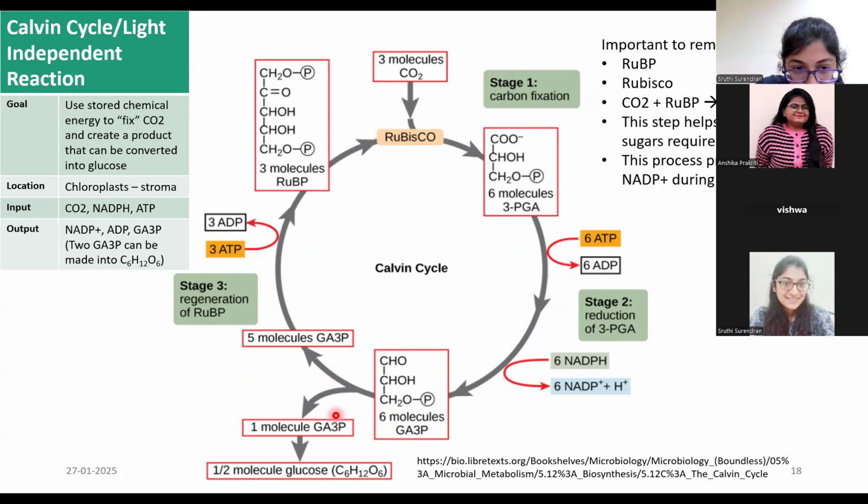So out of 6 molecules, one molecule goes for sugar, and the remaining 5 molecules are again taken up for regenerating this RUBP molecule. So during the Calvin cycle, most of the energy is used in keeping the cycle going on rather than the carbohydrate generation. So this is a very important cycle with respect to the fact that the energy has to be optimized, because most of the energy over here is going to generate these 5 molecules of GA3P that are going to be used for regenerating RUBP, which has to react with carbon dioxide, and only one molecule is going for the sugar